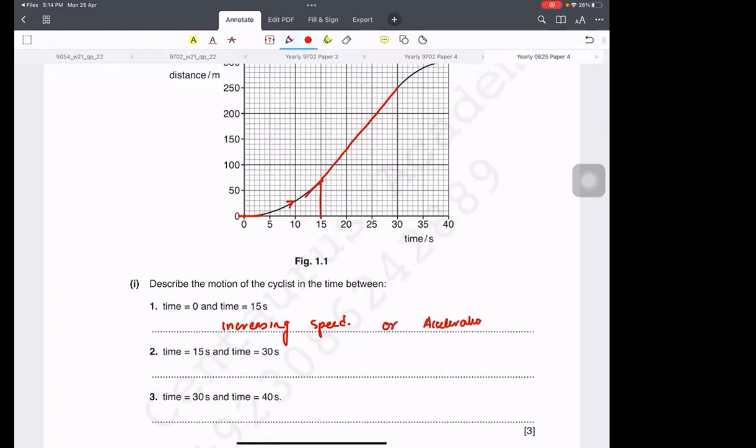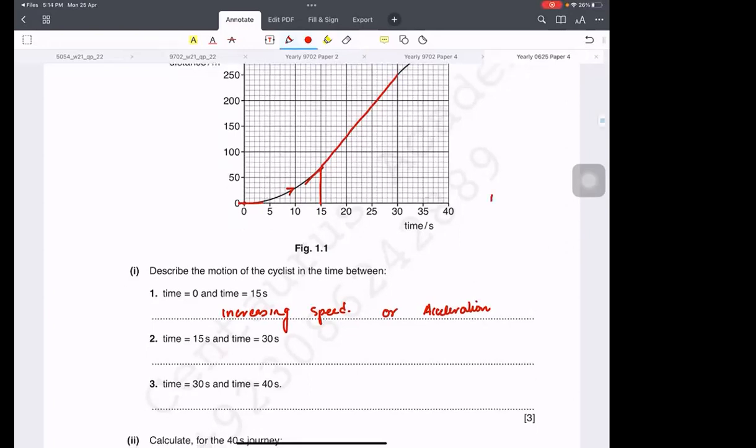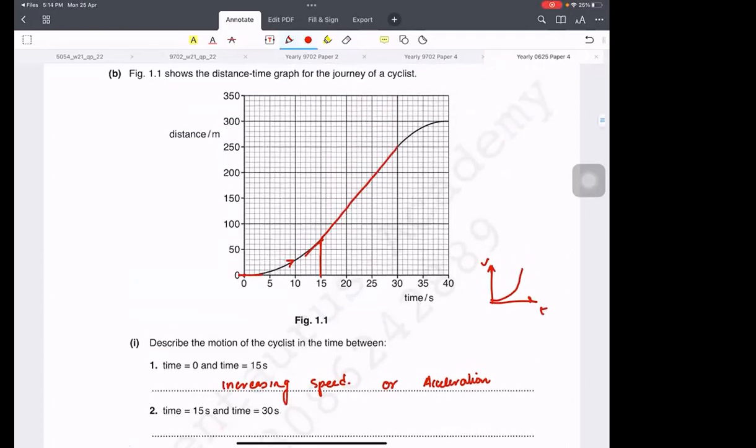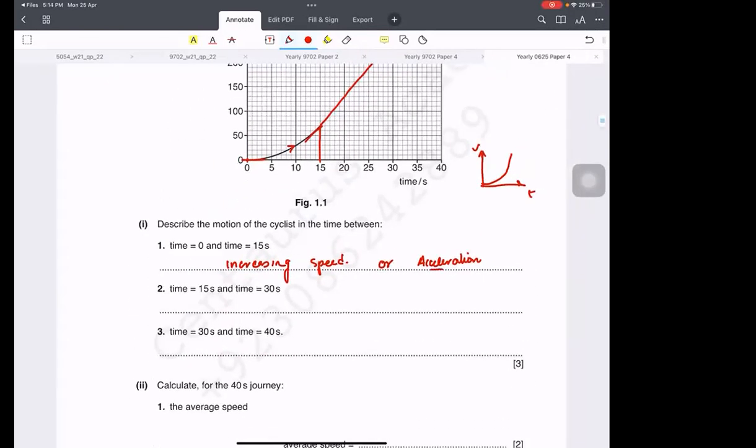But if it's like a curve, isn't that at an increasing rate? Increasing rate, yes, you can write it when you have a velocity time graph and it is showing you like this. You can say accelerating at an increasing rate. But not in this graph, because this graph doesn't show you acceleration at all. It just shows you increasing speed, and we can deduce that it's accelerating. That's all. Okay. Now this is constant speed